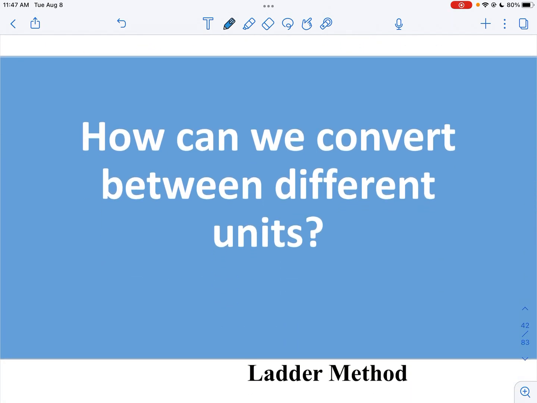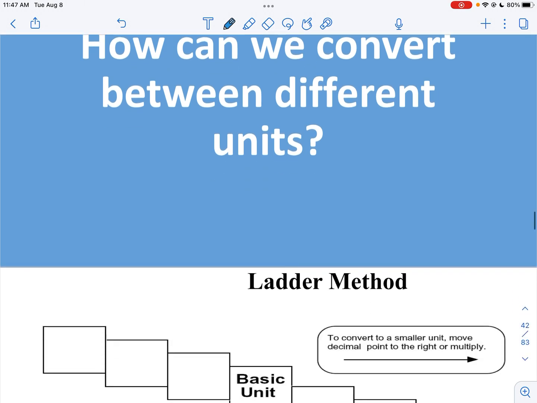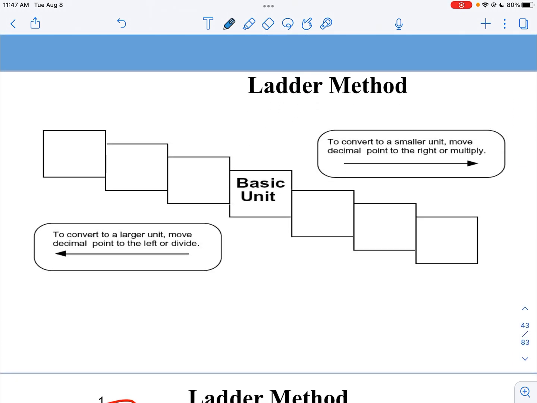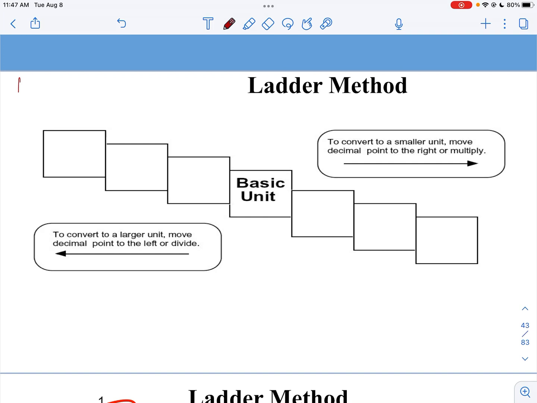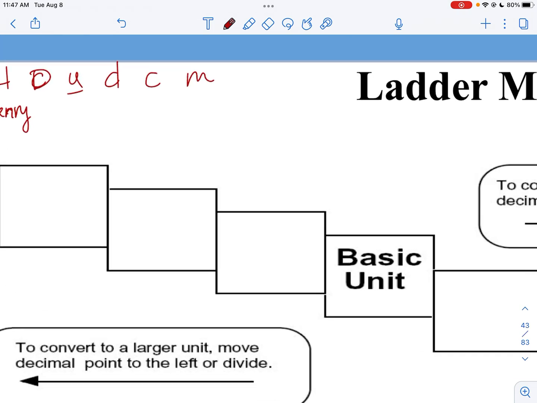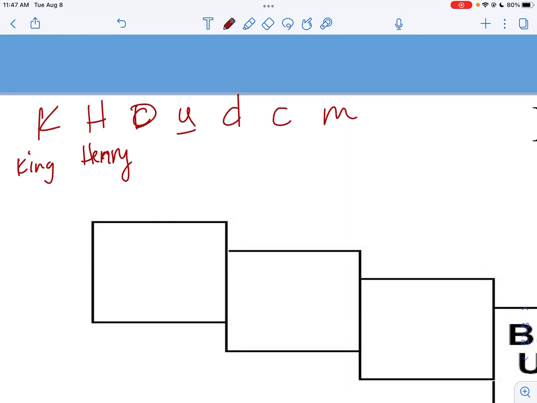So what we really want to focus on is how we're going to convert between these different units. In your notes, I think yours is already filled out, but the way that I like to remember it, and if you want to write this down on your notes somewhere, that's fine too. Remember, this is King Henry. I'm just going to zoom in a little bit so I can write easier. This is died. And then you might have remembered drinking chocolate milk,